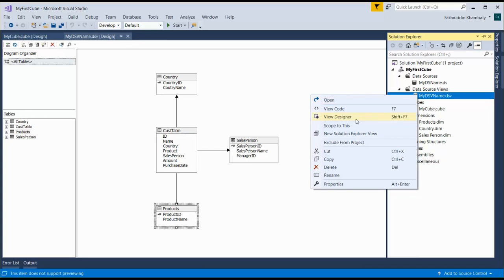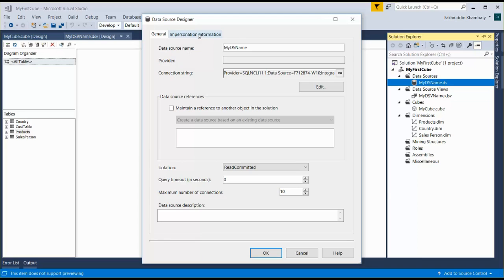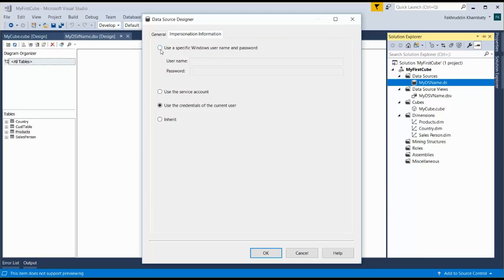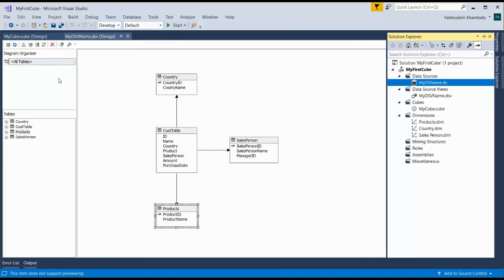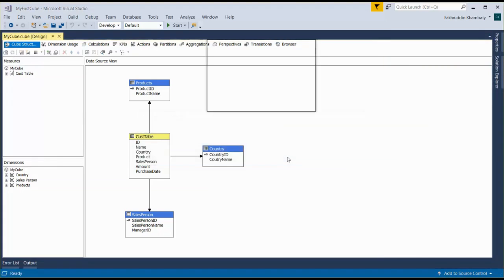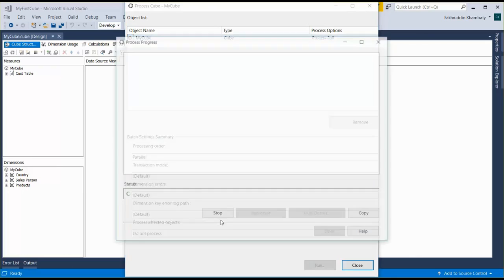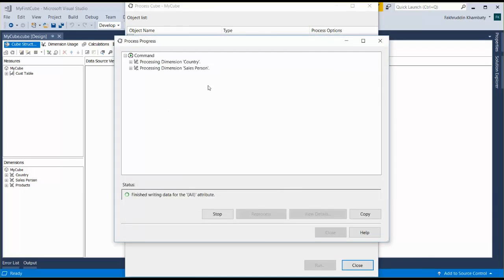In the data source I'll say view designer, impersonation information, and I have to enter my credentials over here, which I'm going to do right away. And I'll say okay, and I'll go back and process my cube again, and hopefully this should run this time.